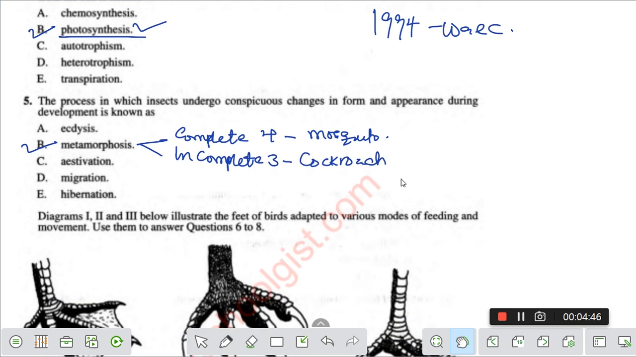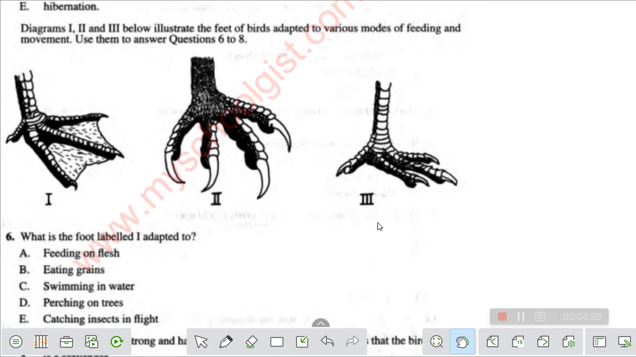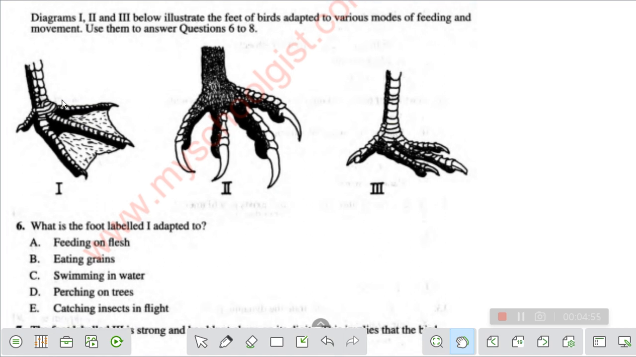Let me try to drag it. So now look at this. This question is on adaptation. They're asking us about this diagram. Look at this diagram. If you are a person that normally